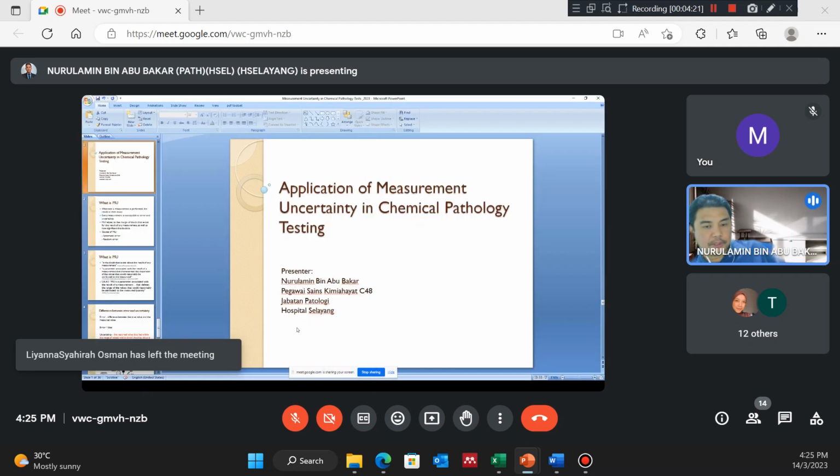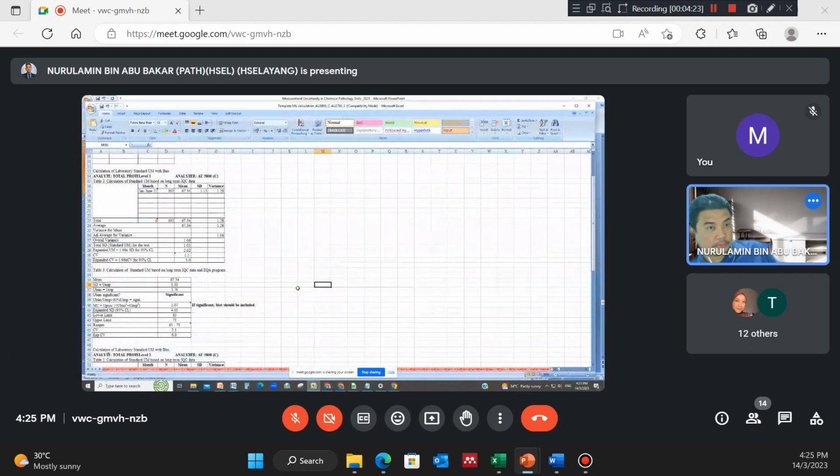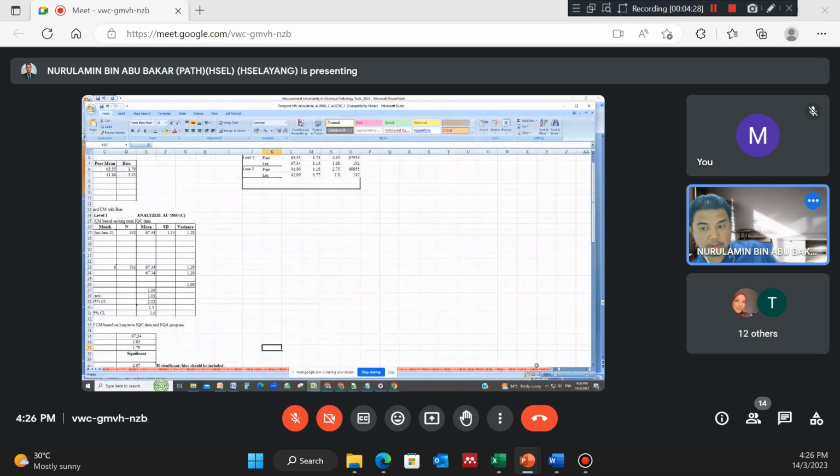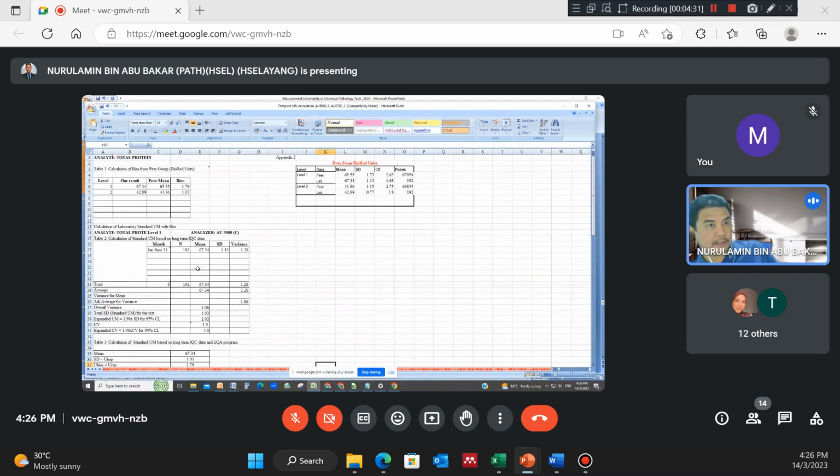And then just to show you, this is one of the Excel template that we use in Selayang to calculate our MU. So in this case we have the data from Unity. Okay, so in this case okay, in Selayang our approach is to extract the bias from our Unity software, because the justification is